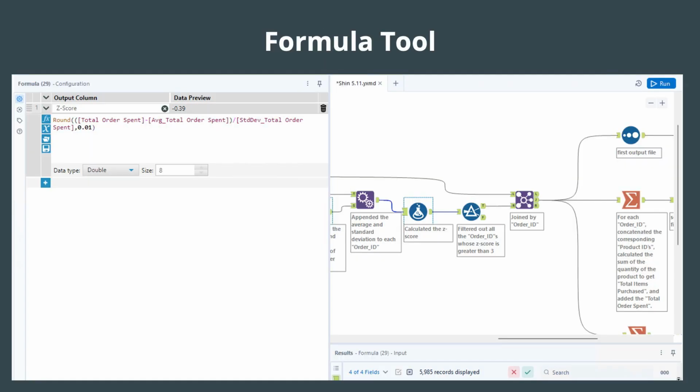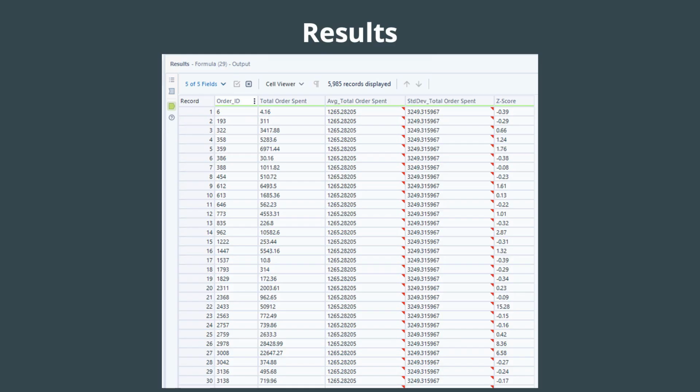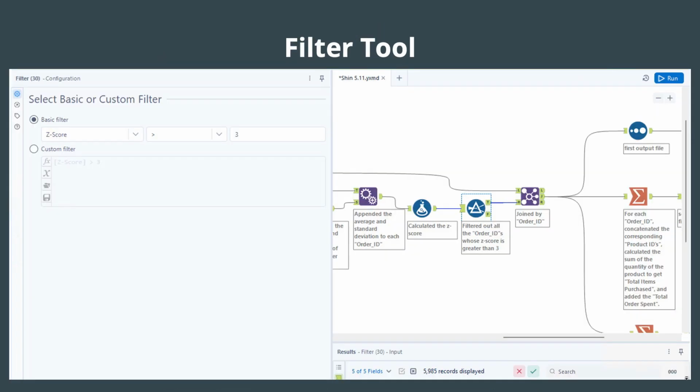Using the formula tool, we subtracted total order spend and the average, then divided the same difference by the standard deviation to calculate the z-score for each order ID. For this formula tool, we also made sure to change the data type to a double while rounding to 2 decimal places. We filtered the dataset using the filter tool to keep only those records with a z-score greater than